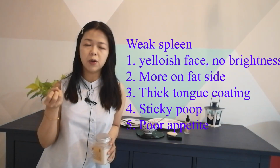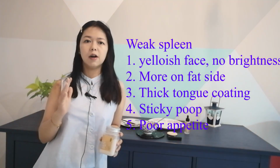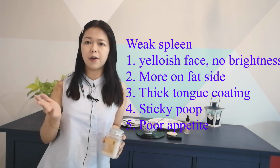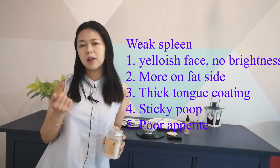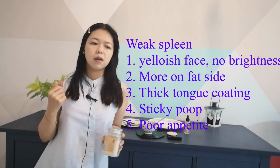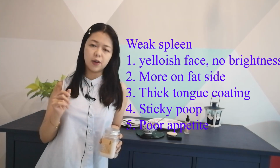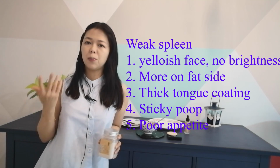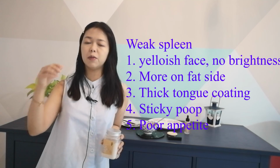And if you look at the body, it will be more on the fat side. I mean, he or she may not be very fat, but people with a weak spleen will not have a very thin or very slim body constitution. And if you look at the tongue, the coating of the tongue should be very obvious. It could be yellow or it could be white. But no matter what color it is, you will see the coating very obvious because it represents the water